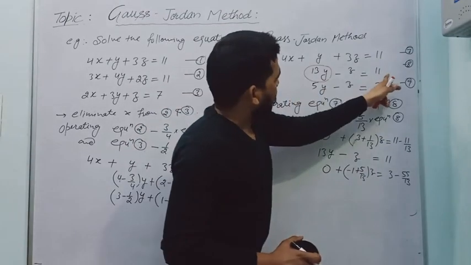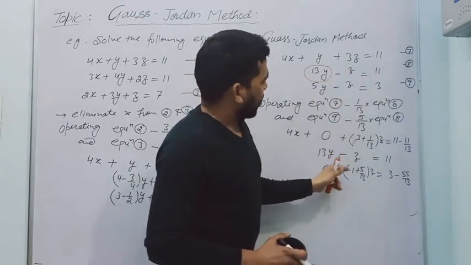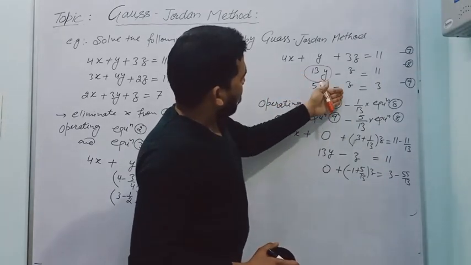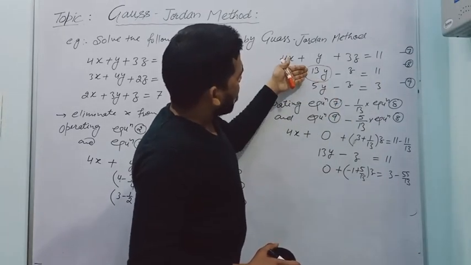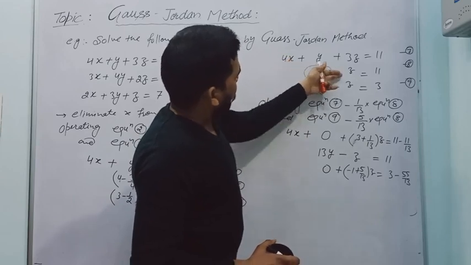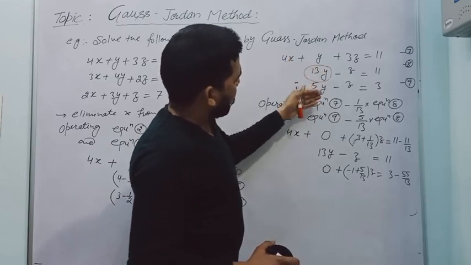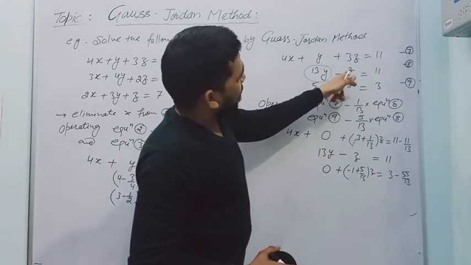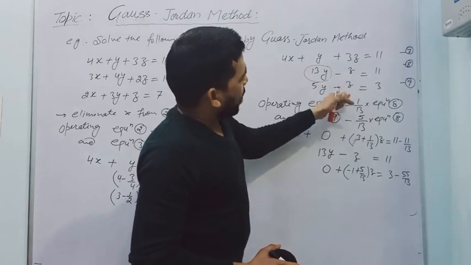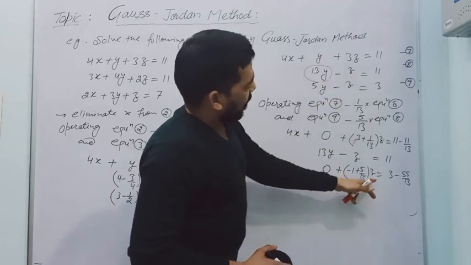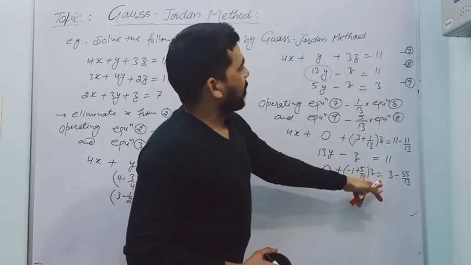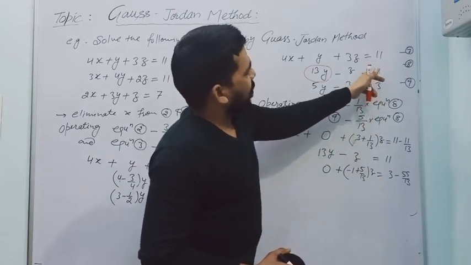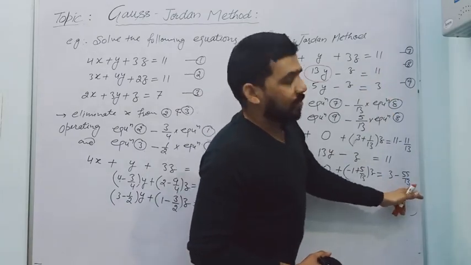Now second equation, equation number 8 will be as it is. 13y minus z is equal to 11, and this. So हमें क्या करना है, इक्वेशन नंबर 9 में से you have to do 5 by 13 of 8. So when I multiply this 5 by 13, this will be minus 5 by 13 y, so I write down 0 here. When I multiply this 5 by 13, that will be minus 5 by 13 z. Minus z plus 5 by 13. So I take z common, minus 1 plus 5 by 13 z. That will be 3 minus 5 by 13 into 11. So 55 by 13. So 3 minus 55 by 13.